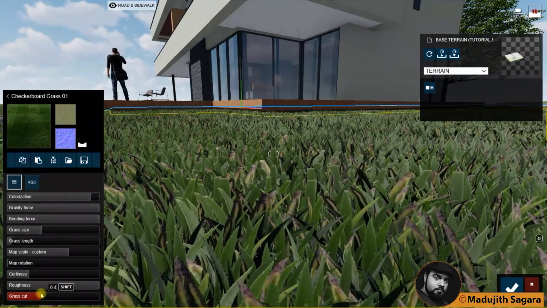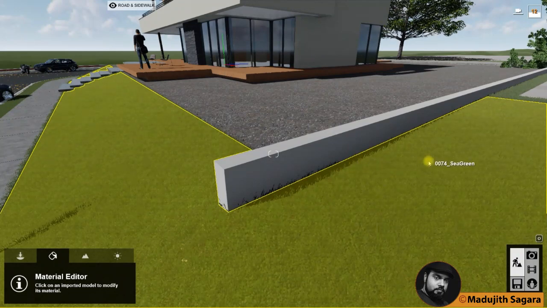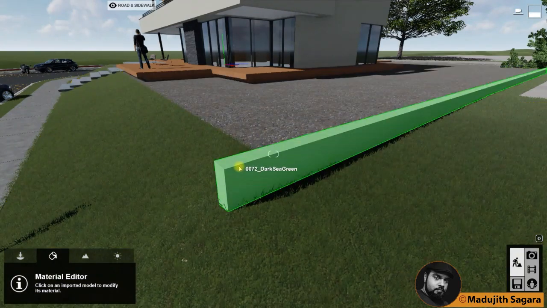Actually, I recommend not to use 3D grasses everywhere. It will definitely slow down your processing speed, actually the rendering speed. It's better to use 2D grass for most commonly used types. And if you want a very close-up camera look, you have to use 3D grass. That is my recommendation. And also there's another material addition tip available in Lumion, that is called foliage. I will come to it now.